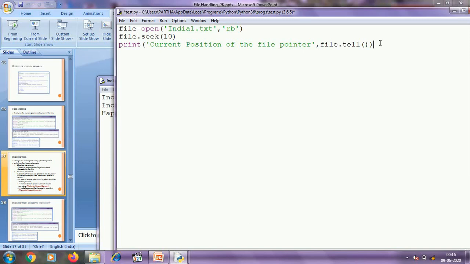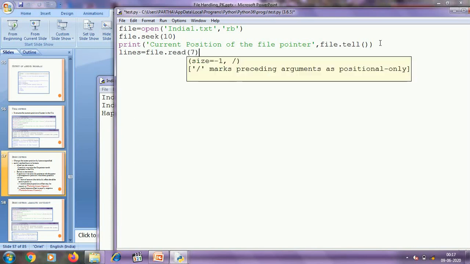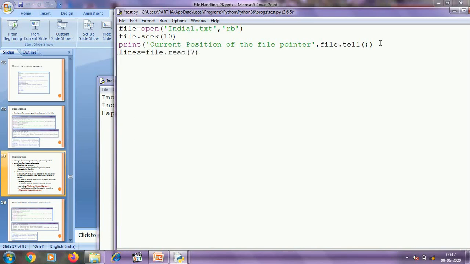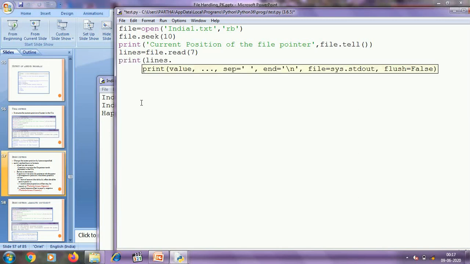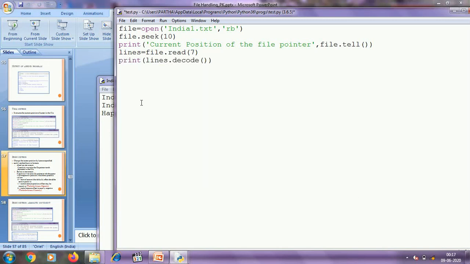So in this case, the tell method will return 10, and from that position again I am going to read 7 bytes using file.read(7), and you know that the file is opened in binary mode, so we need to decode the data, otherwise it will not be readable by us.